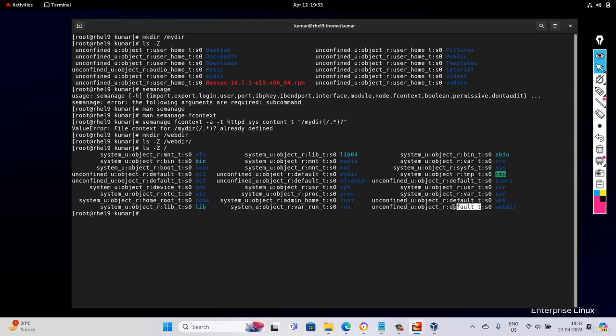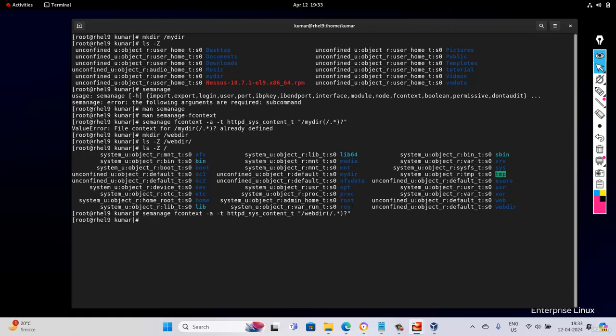Then user is a default value, object is a default, and user is a default. No user is defined for this. If I use this here and put webdir in this command, and hit enter,